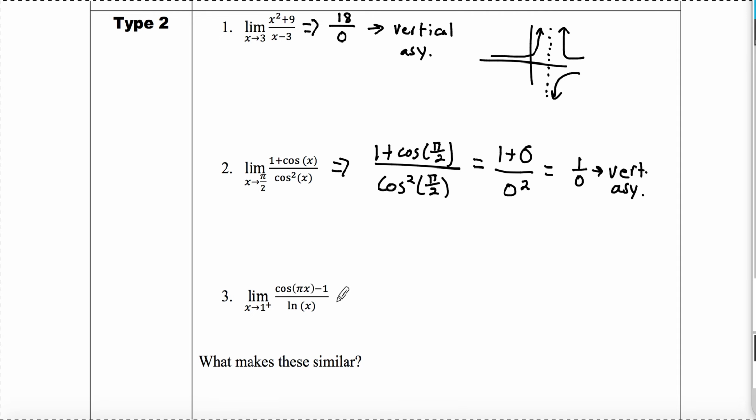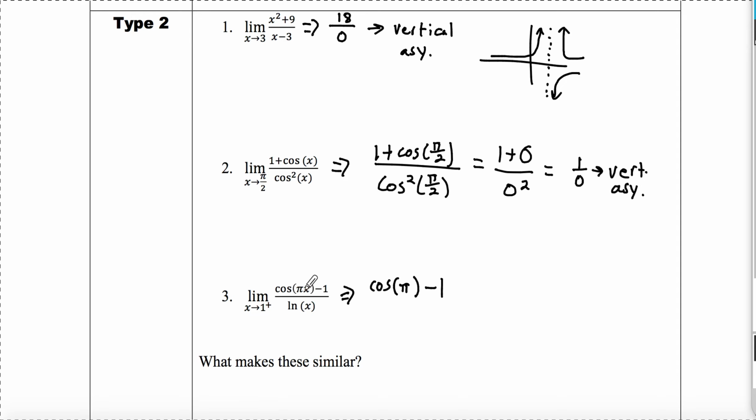So let's take a look at this third one and see how we can relate all of these. Okay, as x approaches 1 from the right. This is going to be interesting. So that'd be cosine, as x approaches 1 from the right. So x here is getting closer to 1 from the right: 1.1, 1.001, 1.0000001. So the inside of that parentheses, as x approaches 1 from the right, it's going to approach positive pi